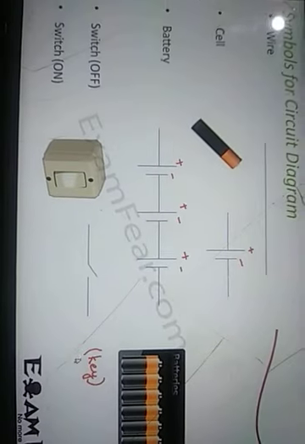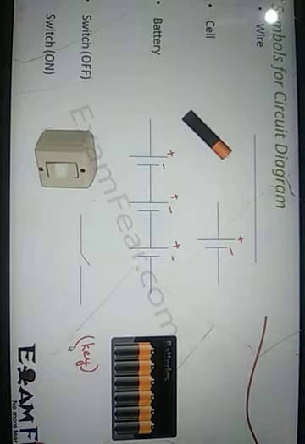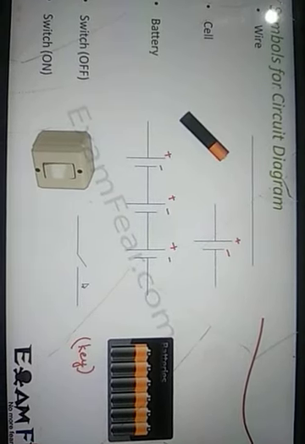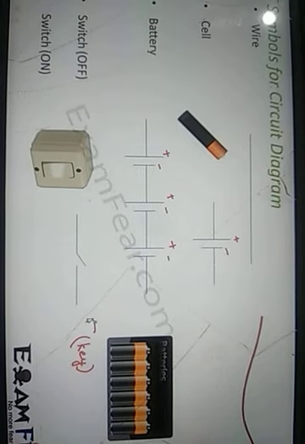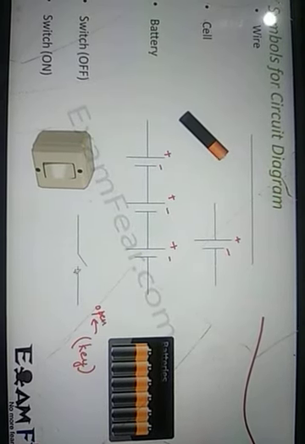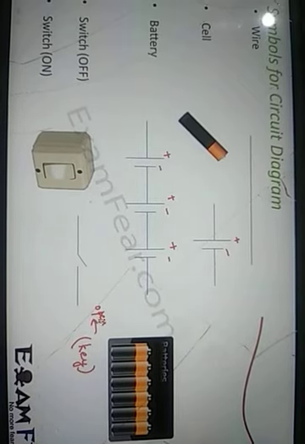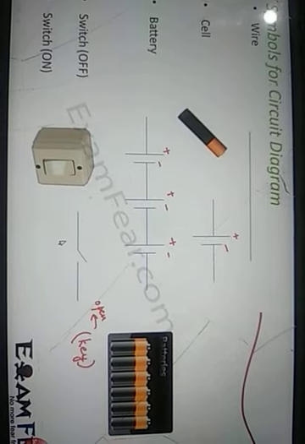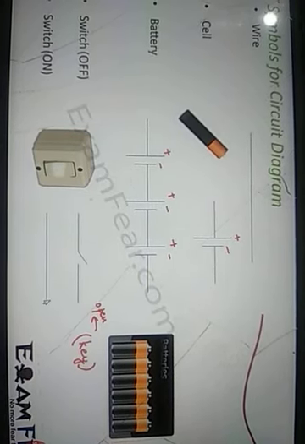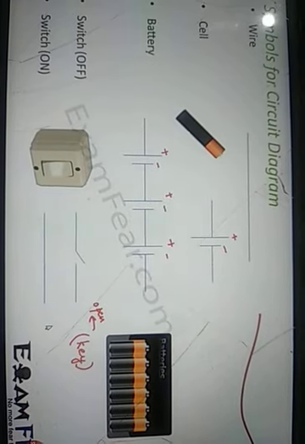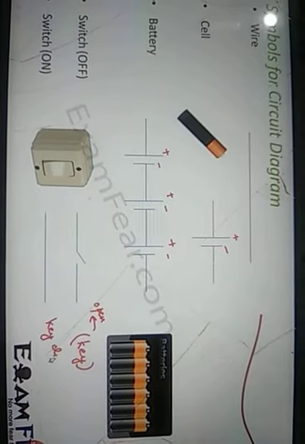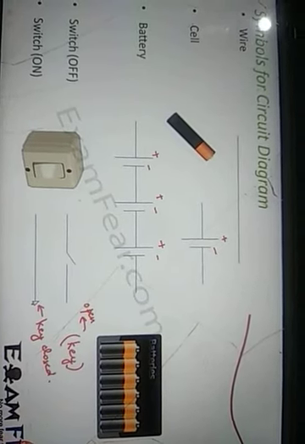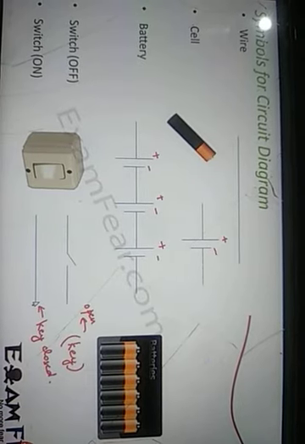Now the switch, which is also called a key in a circuit. When the switch is off, this is the off mode. We also say that the key is open. As you can see, it is open here, and this circuit would be known as an open circuit because it is not complete. When the switch is on, the complete path is created. In this case, we say that the key is closed. So switch off is equivalent to open key, switch on is equivalent to closed key.